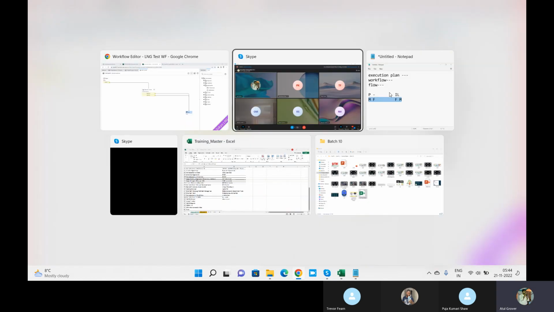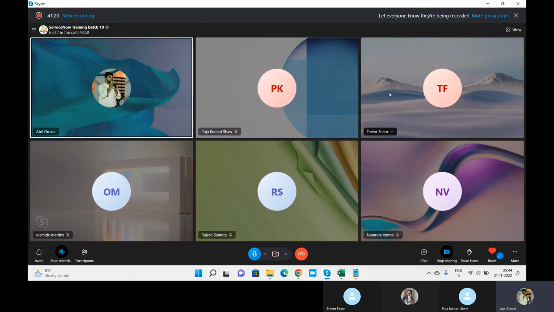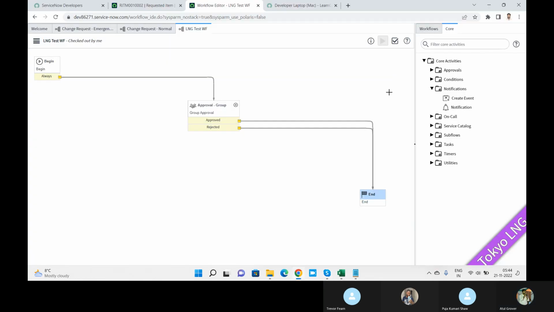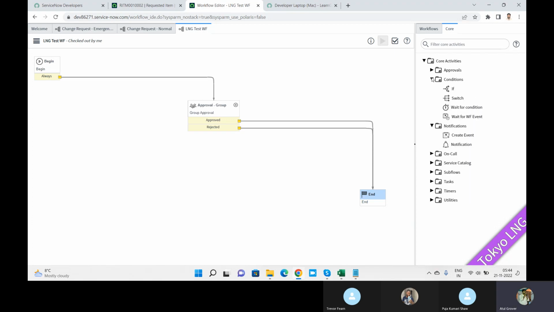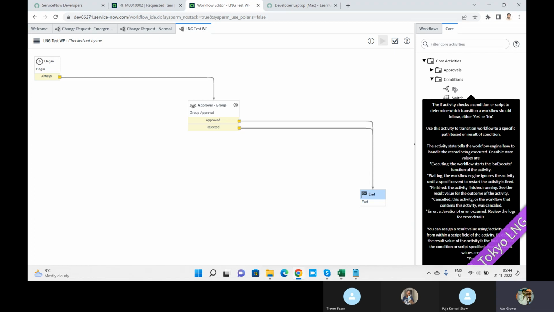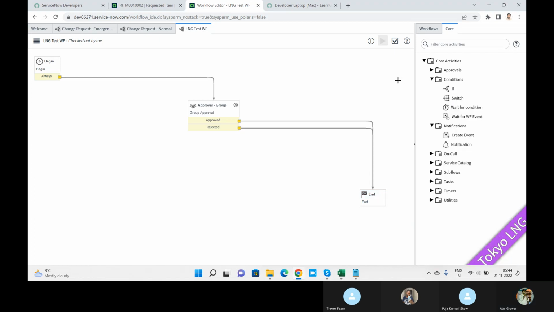Now I'm sure if you are working, or you worked, or you are going to work in change management or request management, you come to know these things. Oh, I receive an email, where is it coming from? The workflow. Try to create the notification. Maybe you are not able to do it because we did not do this part, but drag and drop and see. If you want to put some conditions, if this thing happens,